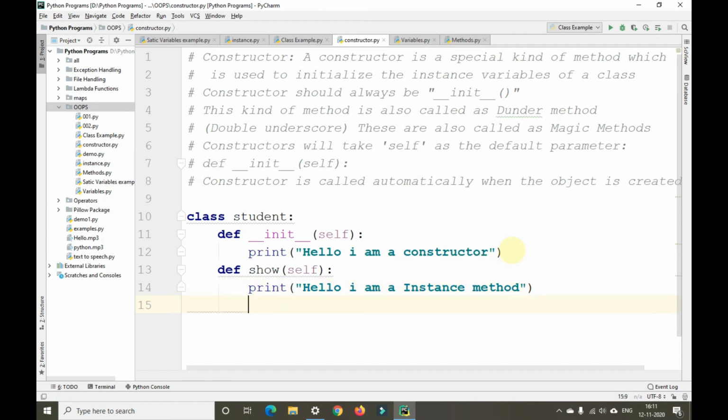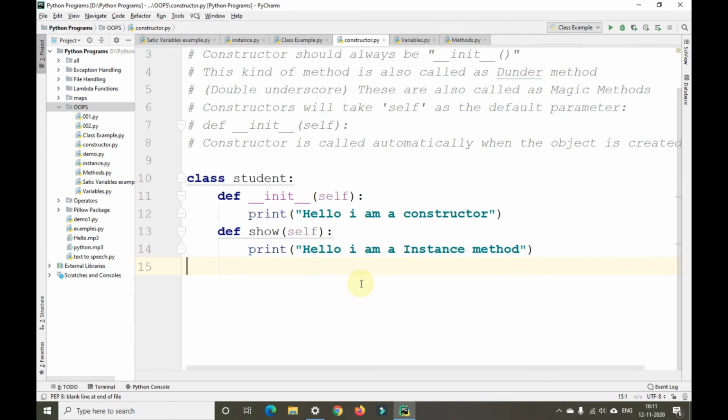Okay guys, so whenever I create an object for the Student class, the constructor will automatically be called. s equals Student.